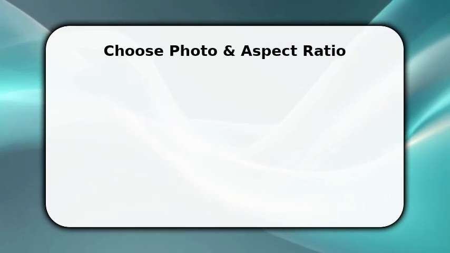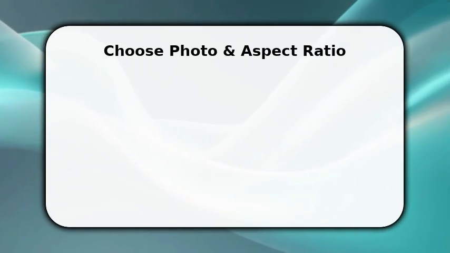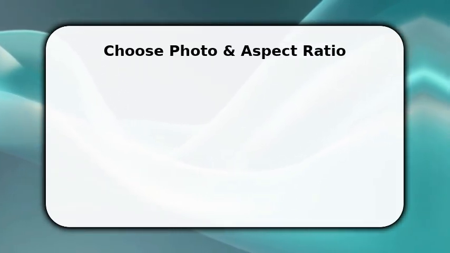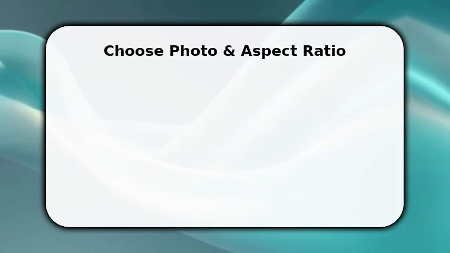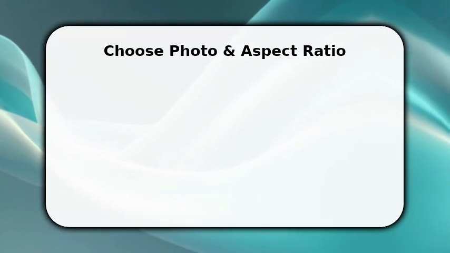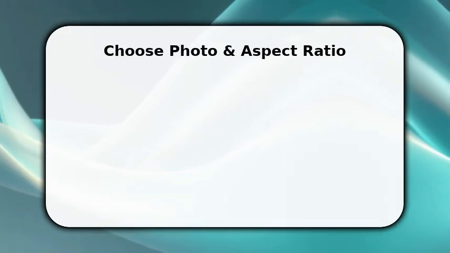Open your photo in the editor and immediately select an aspect ratio for the frame. Common choices are 4:5 for portraits, 3:2 for prints, or 1:1 for square posts. Tap crop and choose resolution output, such as 1080 x 1350 pixels for portrait or 1920 x 1080 for landscape